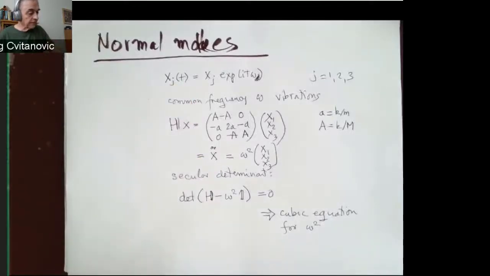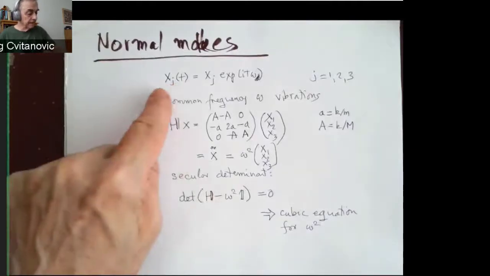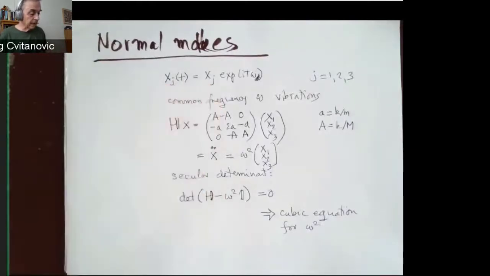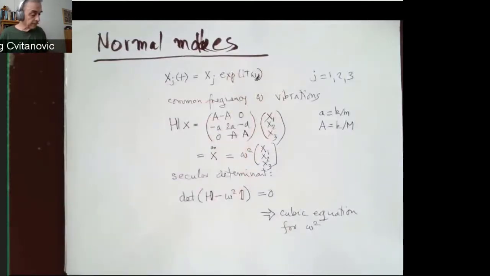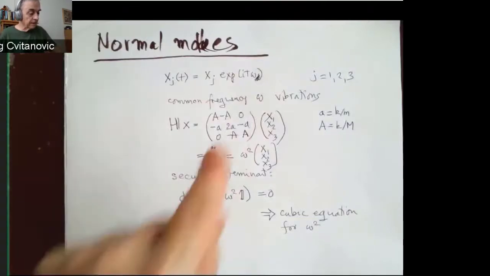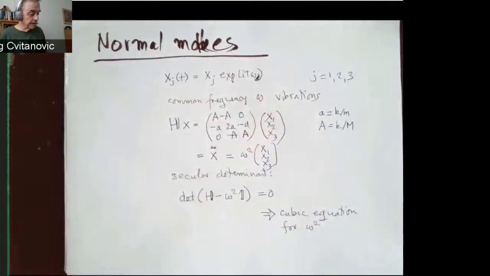We'll be looking for a frequency omega such that we can separate position x at time t into a variable x1, 2, 3, and the time dependence is in this oscillatory function. If we put this in acceleration, we will have to take two derivatives, bringing it down twice. And we get an equation which is just equation